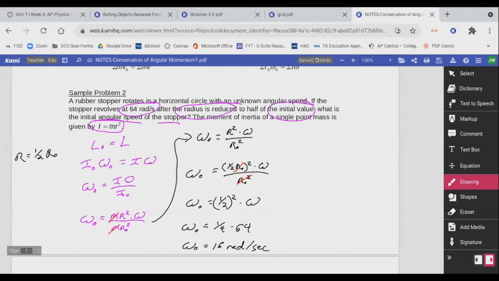So learning the concept is a struggle on the first day a little bit, but we can see how the practice problems work. We set momentum before equal to momentum after, and then we just go to work. We substitute the things that we can, and we solve for the variables that they ask us to based on the information given. All right, so they're going to dismiss here and